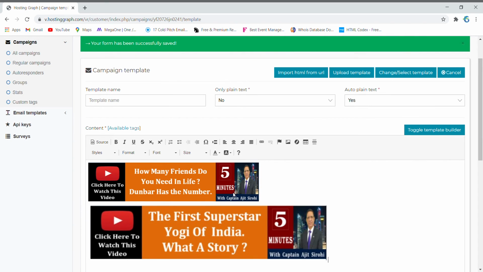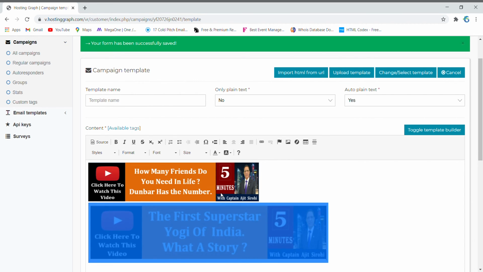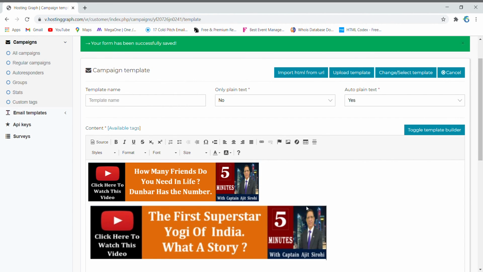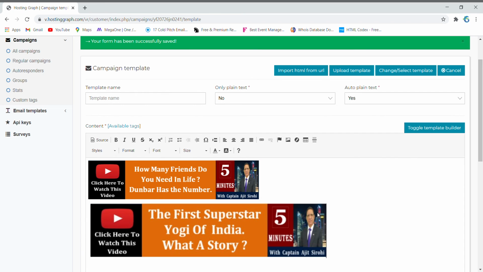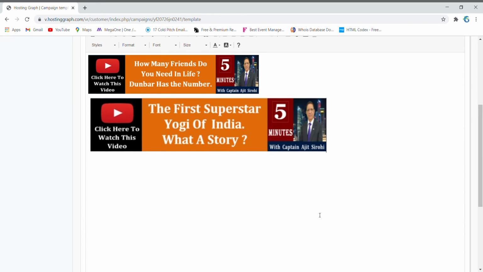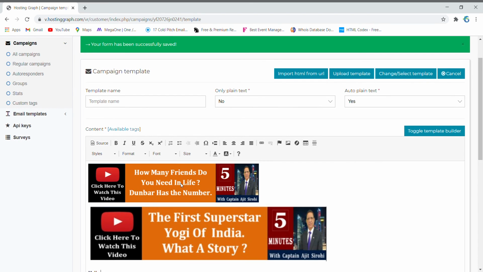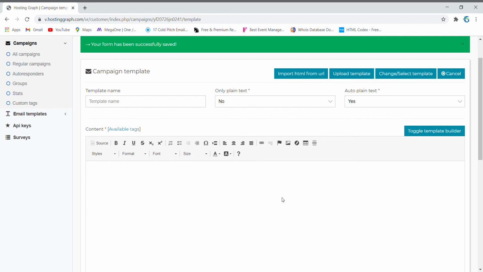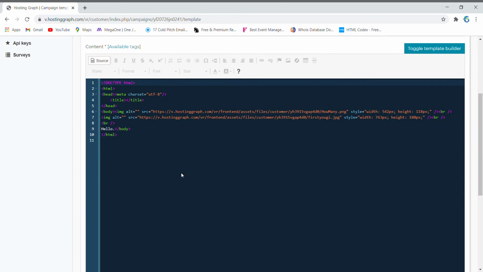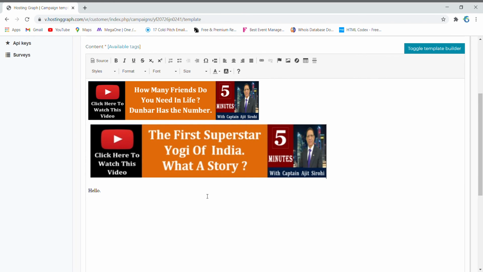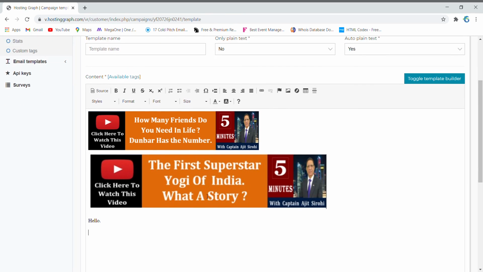Okay, so we have two different files here, or you can type your matter here, hello or something. If you have an HTML, you can copy your HTML code and paste it here directly. So here's how you can create your emailer.